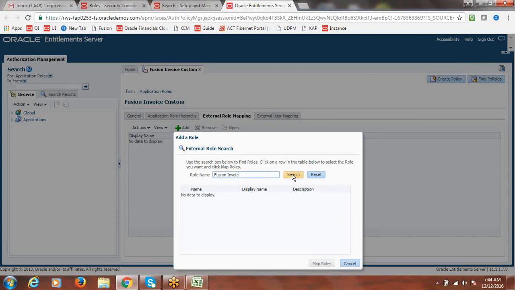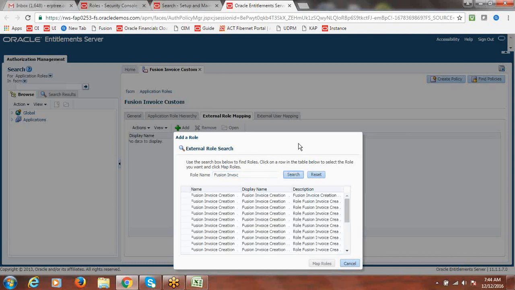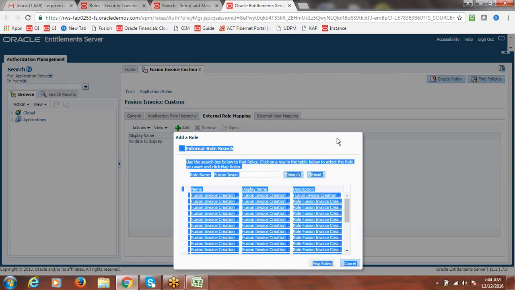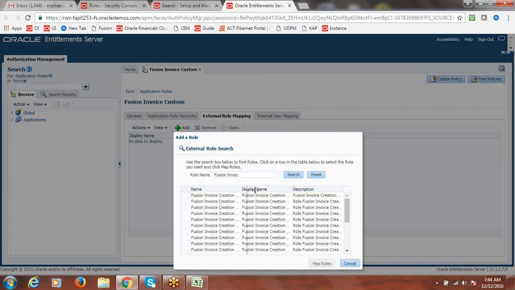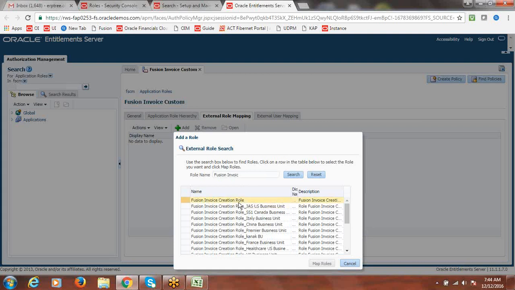I don't remember what name. We created an external role, right? Let's go through this. Yes, this is the Fusion one, Payables invoice creation custom.